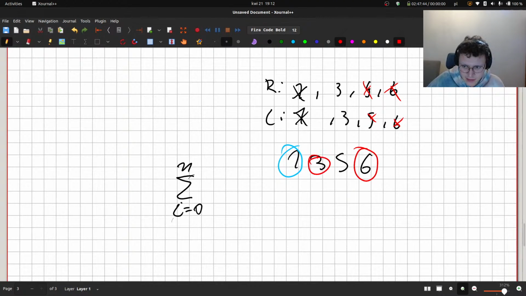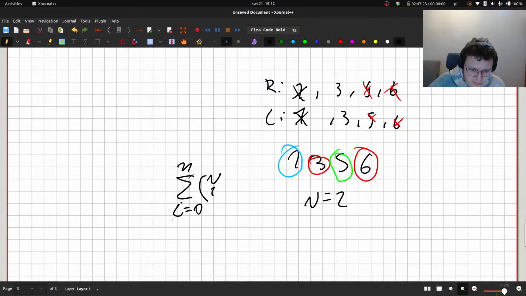Like we could have this pair, and this number could be alone then, right? So we could iterate over the number of numbers that are alone. So in this case, it would be 2. And first we need to choose the number of numbers that are alone. So we would like to do n choose i, and